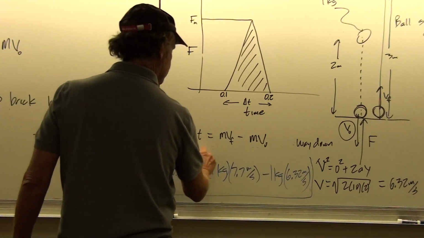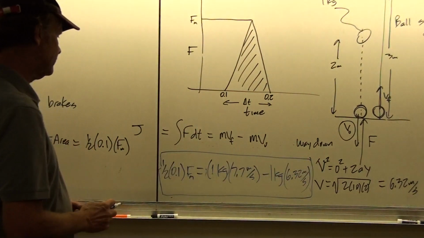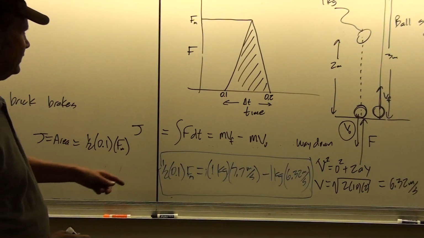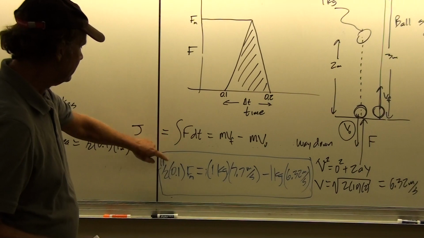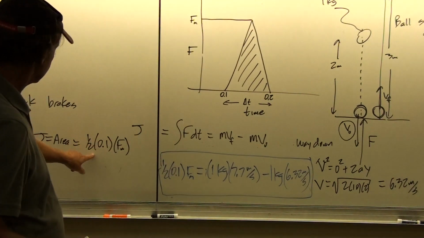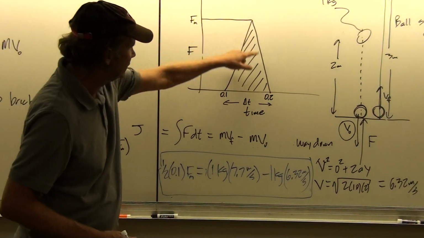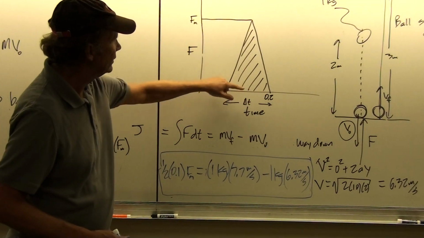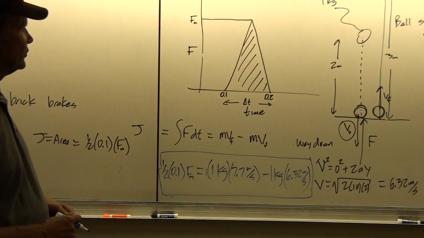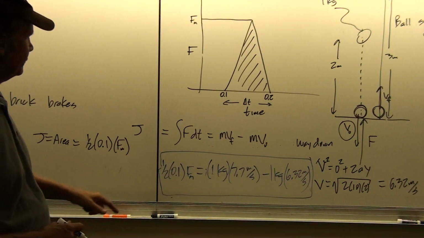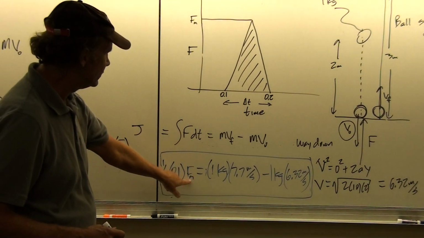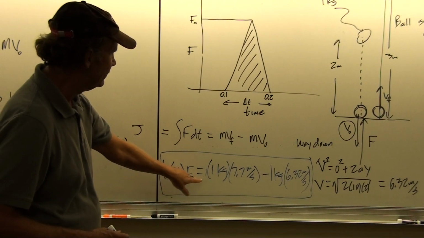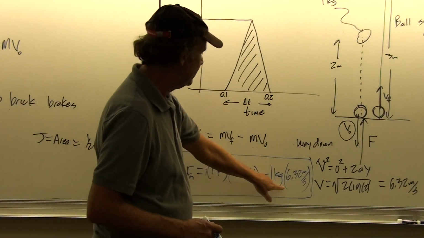And so just reviewing what we've done so far, because the rest is just algebra, we've said that using the impulse, actually finding the area under the curve, I should say here, is equivalent to performing the integral. So we did that knowing that the triangle's area is 1/2 the base times the height. And so that isolates everything in terms of F max, which is what we want to solve for. And that's the difference in our momentum.